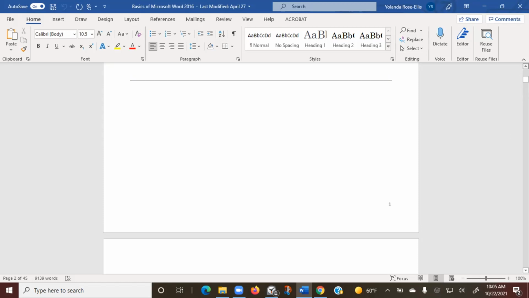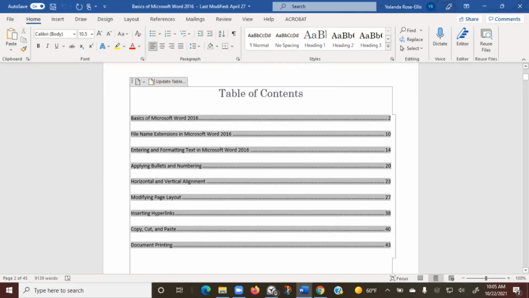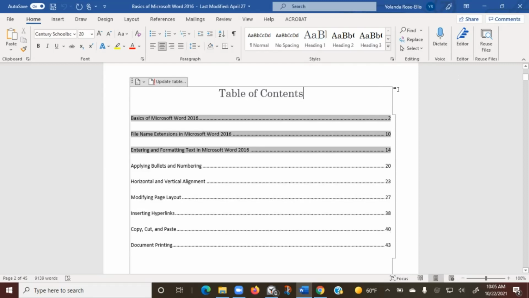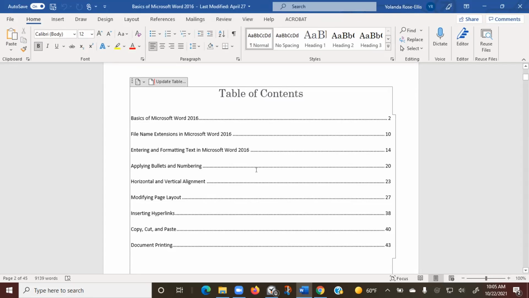So the document begins with the table of contents. And what the table of contents does is gives you links. Another word for link is hyperlink, but people shorten it and just say link, right? So if you put your mouse pointer on, let's say, applying bullets and numbering,